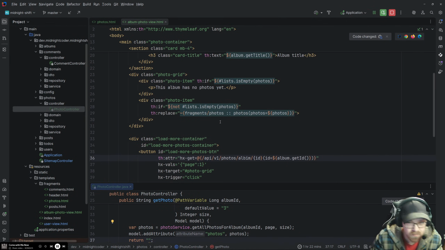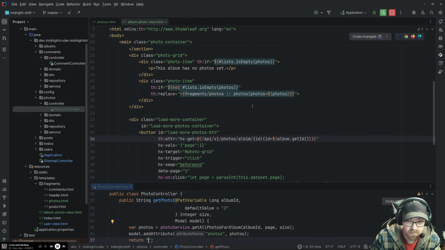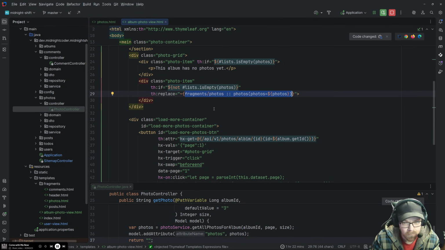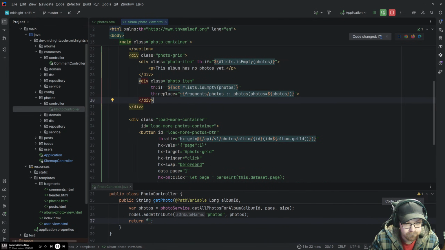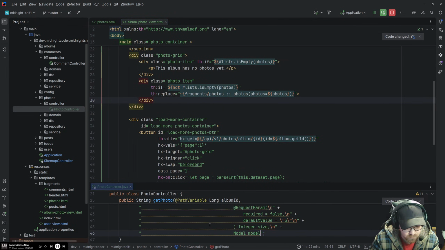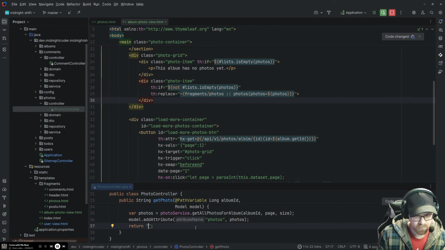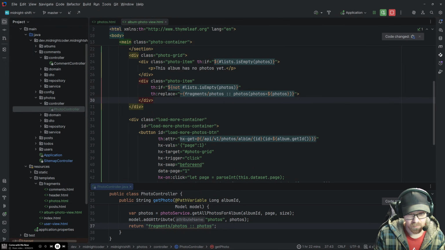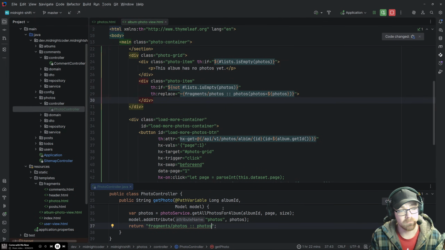So basically what I'm going to be doing is returning quite literally that. Now I think I can just say fragments, photos, photos, and I'm assuming photos gets passed in as the thing here. We'll find that out when we click the button and see what else loads.